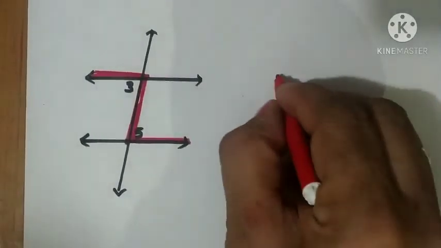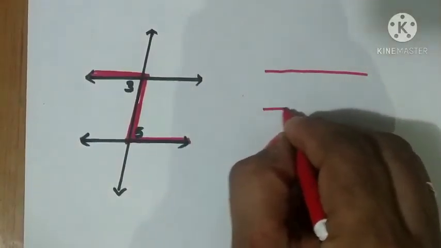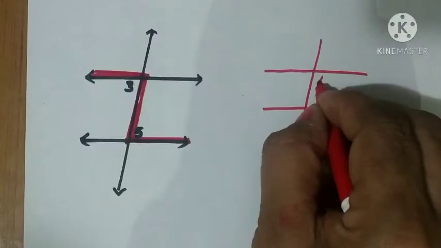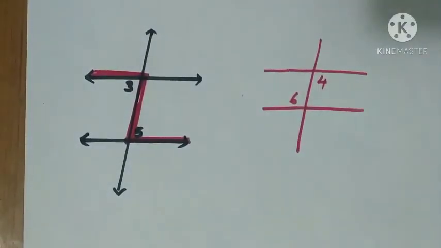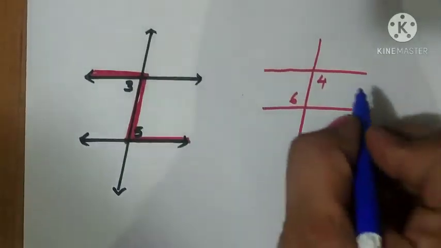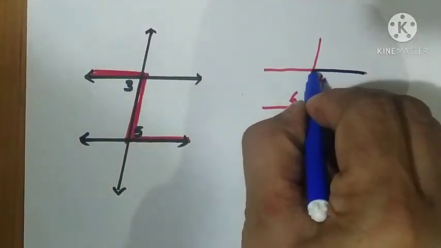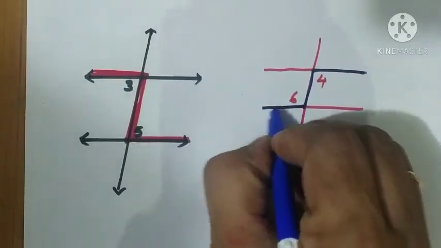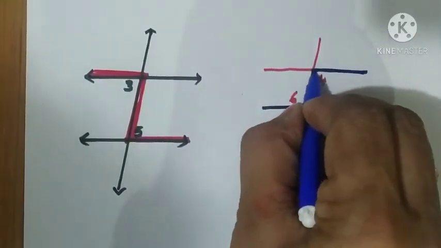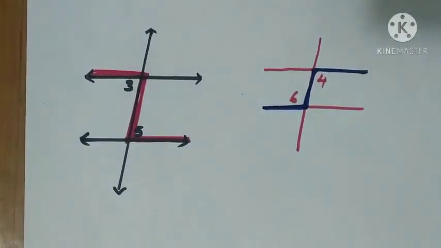Another pair is which one? 4 and 6. Let us try that one. When the lines are parallel, only then we should take this angle 4. I am starting from this. It is in a reverse way, but children should have the idea like that. When alternate interior angles are used, it is almost close to the letter Z. Now, what are the conditions when two parallel lines are considered? Each pair of corresponding angles are equal and each pair of alternate interior angles are equal.